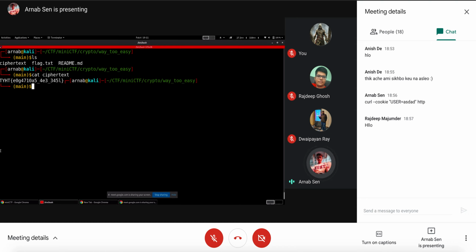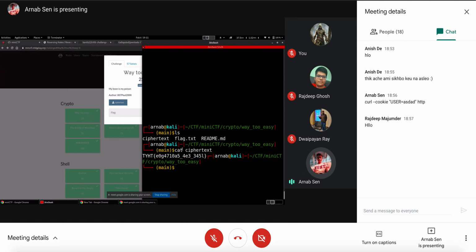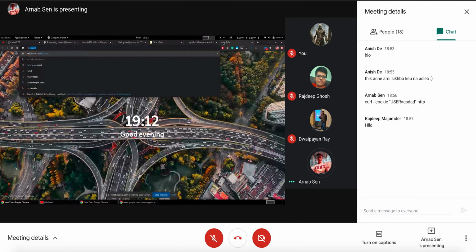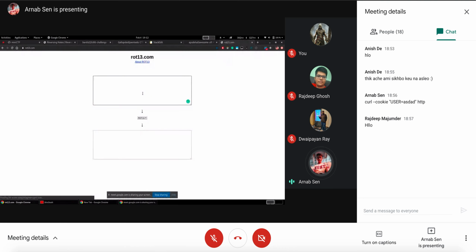As you can see, the very first thing that comes to mind is it's somewhat in the format that was given to us, GLUG, but the letters don't seem right. Whenever I see something like this, I try to apply ROT-N, which is a form of Caesar cipher. You can go to this website rot13.com. It's really good, and it has the entire range of all the ROT. When I just try to brute force, I can just press the down key and keep on checking which one makes sense. And right here, this is the first flag.